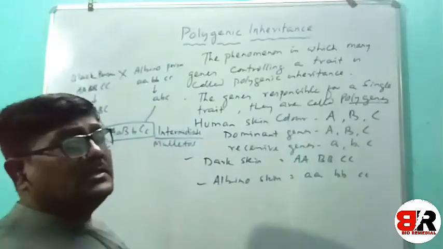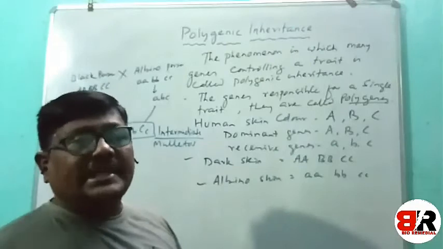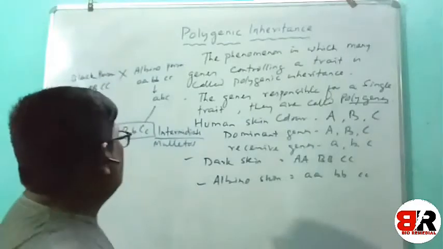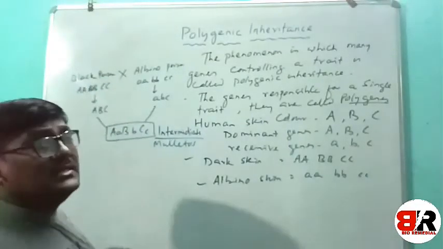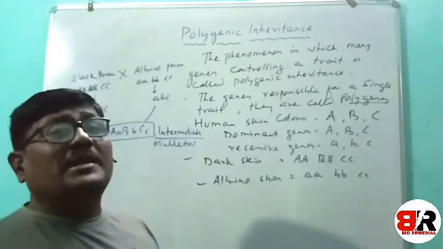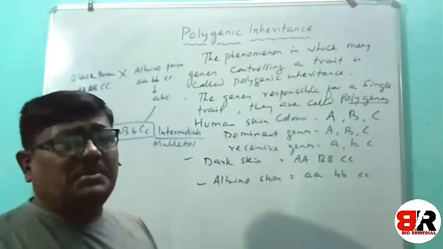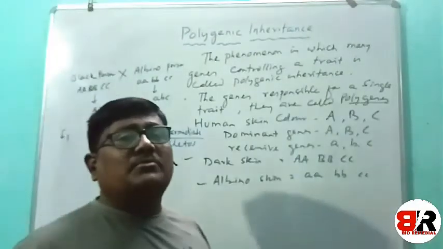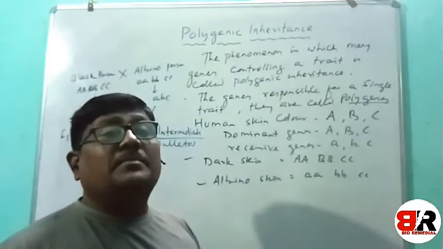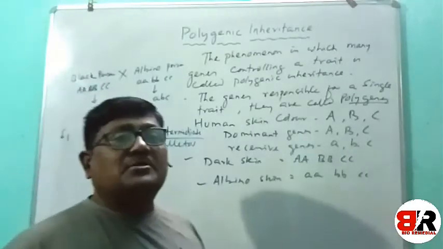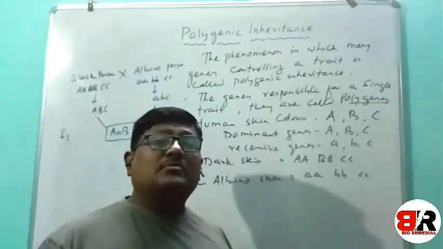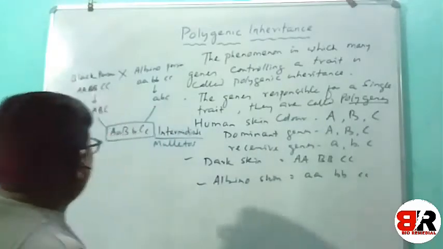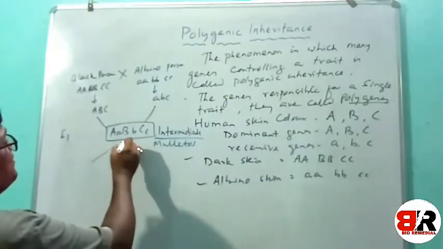So mulatto is the intermediate type of skin color. It is neither completely dark nor completely white. It is an intermediate color because the number of dominant genes is half of the total genes, so the melanin formation is almost 50%. Now if this person gets married to another mulatto person, that is, a self-cross, the person having mulatto skin crossed with a female having the same mulatto skin, there will be 8 different types of